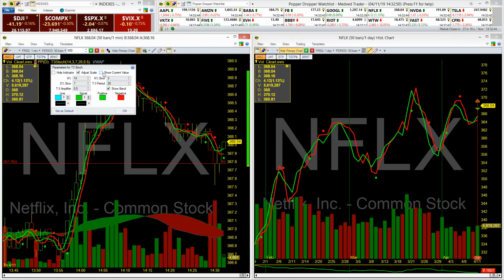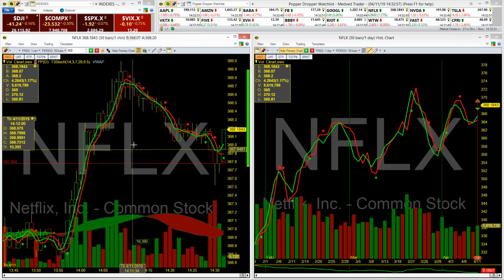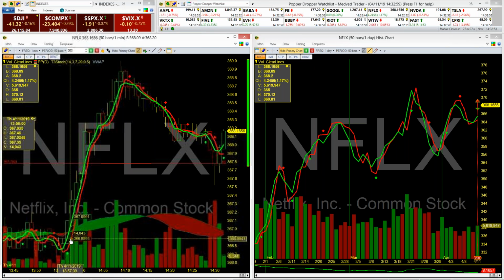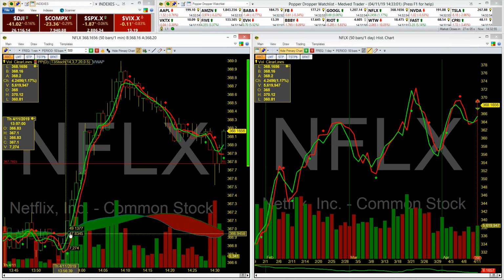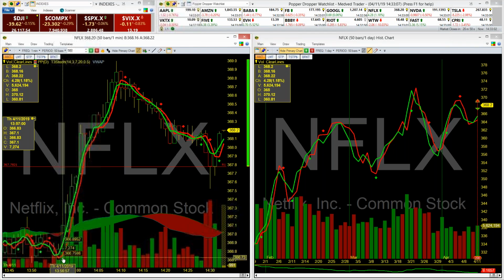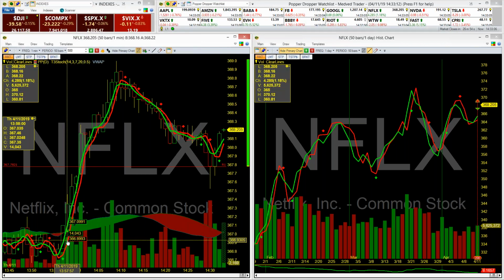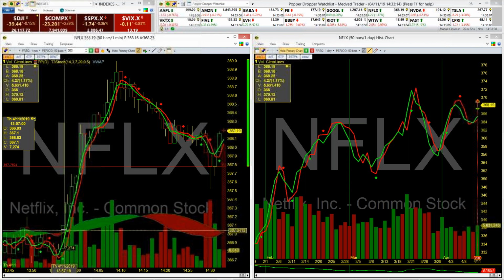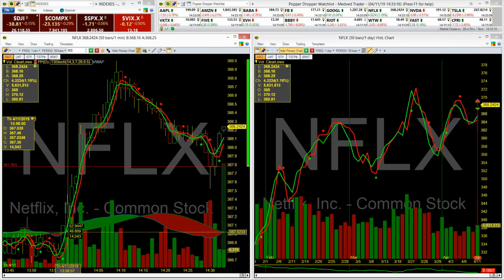Like here, I don't need to see the. So what he says is on a 1 minute, when it crosses over, like from red to green, and you'll notice here was one of my up arrows. So it's a kind of like a confirmation. So did this confirm? Yeah, it confirmed